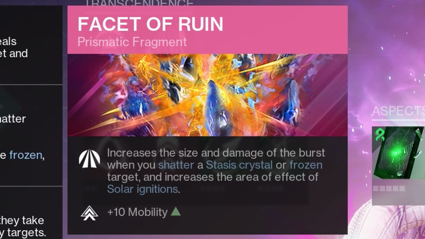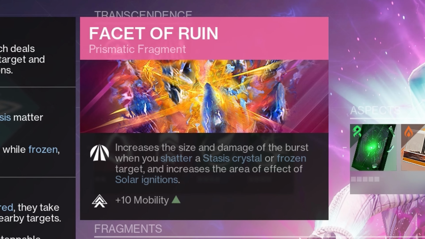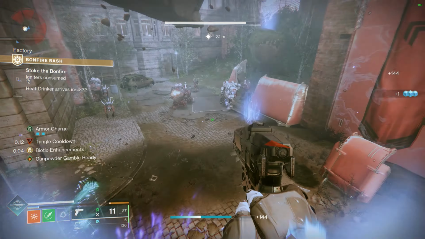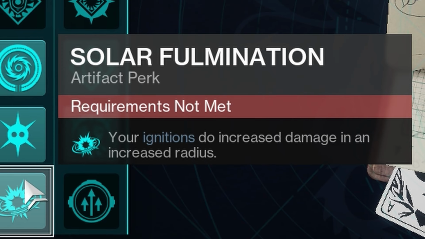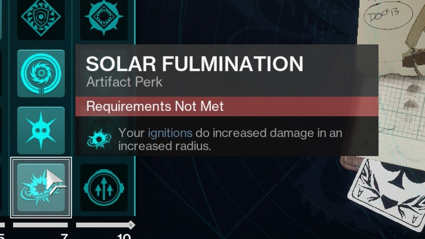Now for the third one, I would say a pretty important one, Facet of Ruin. This will basically increase the area of effect of these solar ignitions. And if you really didn't catch it yet, we're doing a lot of that, so this one's a must-have. And this goes really well with Solar Fulmination from our artifact, which can make us boom as hard as those